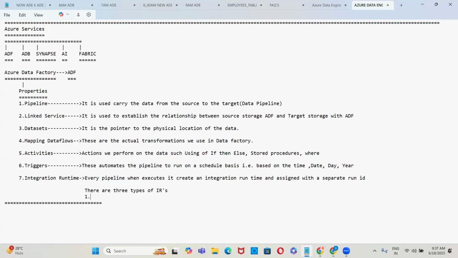The first one is called what? Azure IR. This is also called the auto resolve integration runtime.